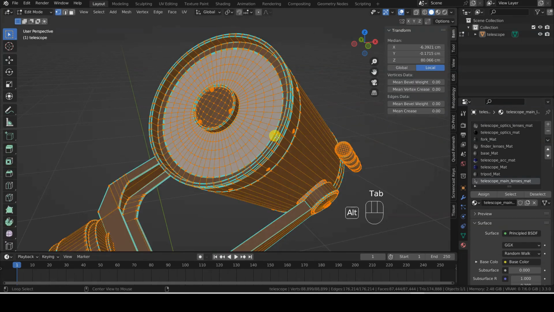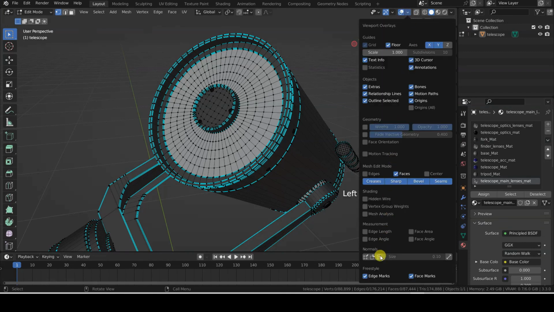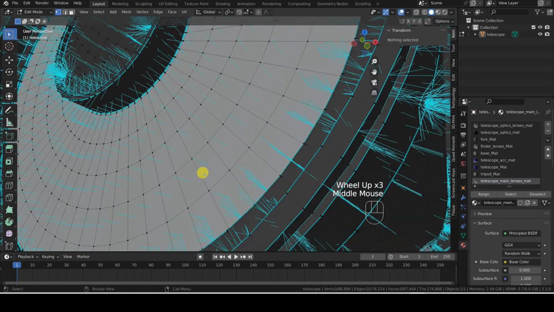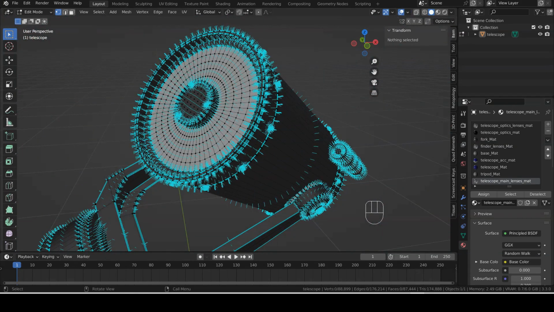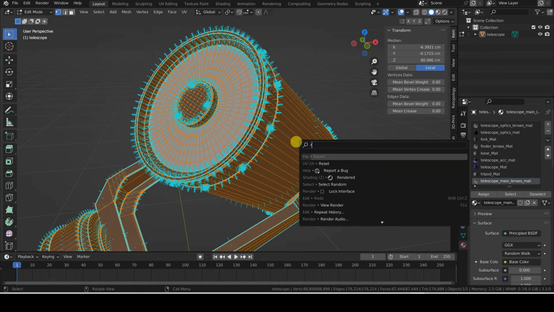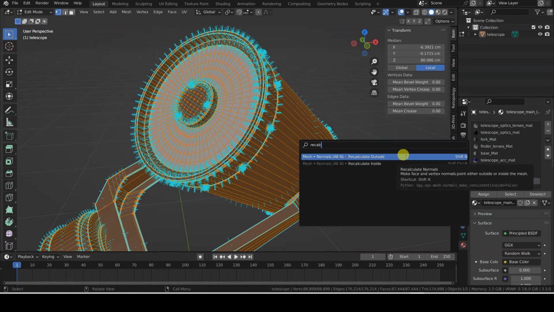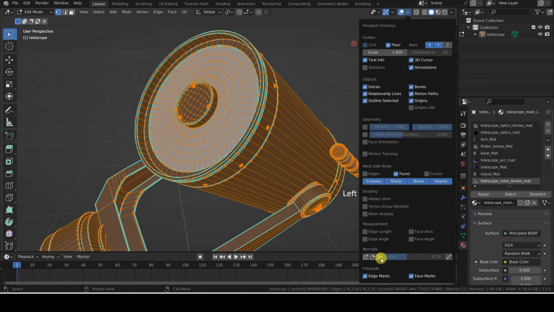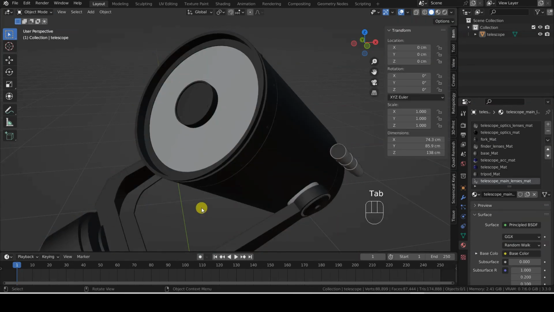However, you can check the normals by switching to Edit mode, then open the Viewport Overlays menu in the 3D viewport and activate the display of normals for faces. In case of problems, you can select the part of the object or even the entire 3D model in Edit mode, then open the Blender toolbox and apply the Recalculate Outside operator.